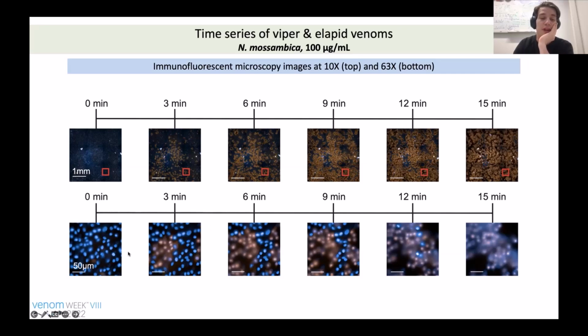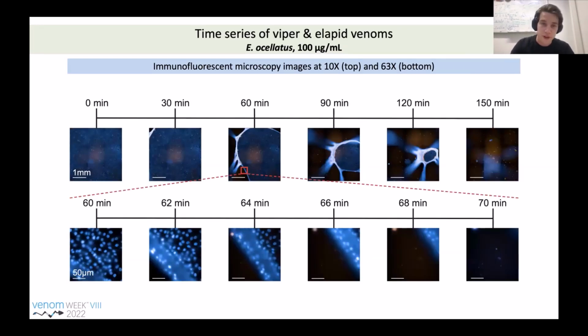Then when you zoom in, you can really nicely see this oil patch, as I was mentioning before. You will see it increasing over time and getting bigger and bigger. So this is what happens with your elapid venom, so your cytotoxic elapid venoms, which affect most likely the cell membrane. Then with your viper venom, this is Echis ocellatus, which is a saw-scaled viper,